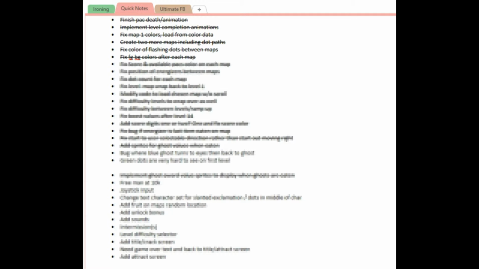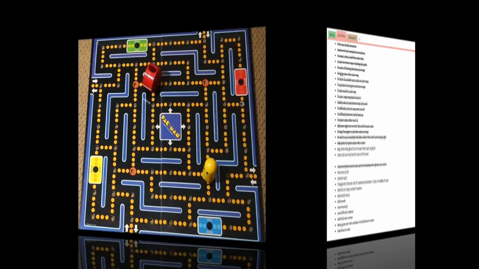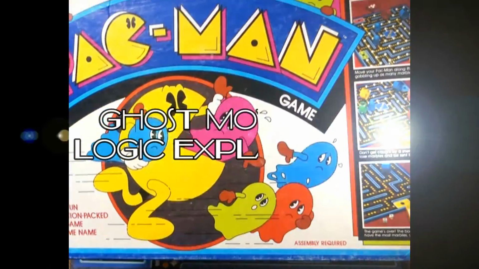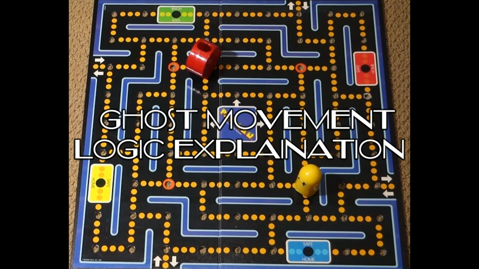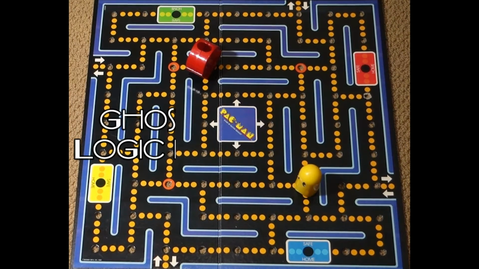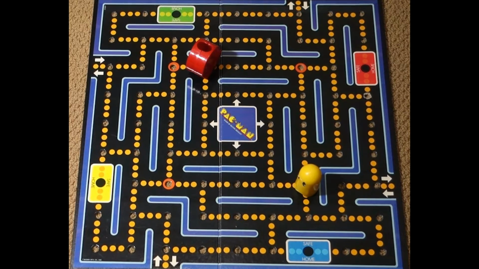And as I implement these ideas, I will probably in turn create more bugs to fix. It's a never-ending cycle. Okay, in this video I am breaking out my old Pac-Man board game so that I can demonstrate some logic behind the PacClone assembly program that I have been working on. I got a question from somebody who watched my YouTube video and he wanted clarification on how this logic works that controls how the ghosts follow Pac-Man and how the ghosts are able to get back to the ghost cage once Pac-Man eats the ghosts.